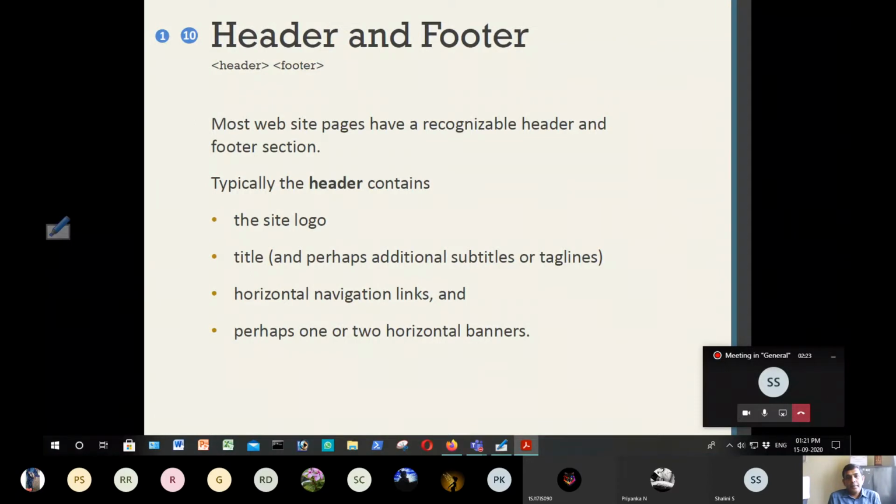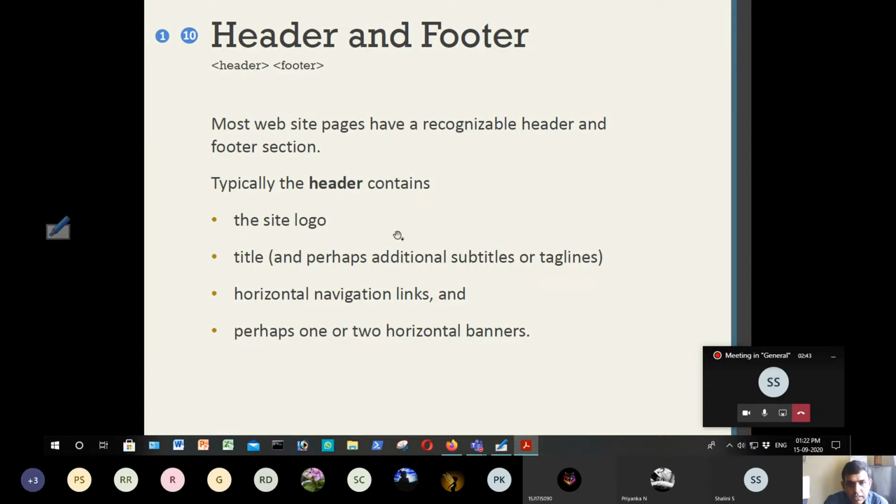Most website pages have a recognizable header and footer section, as I told you in the previous class. The header contains the site logo, title, additional subtitles or taglines, horizontal navigation links, and perhaps one or two horizontal banners.